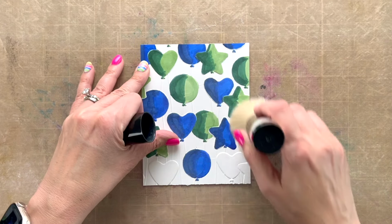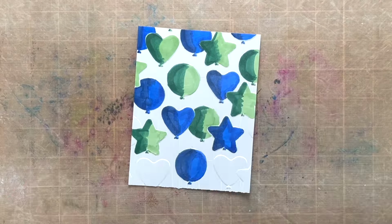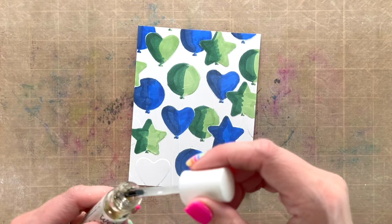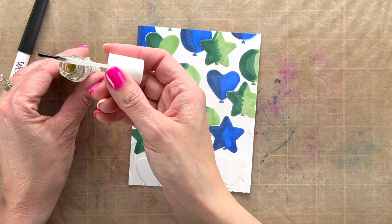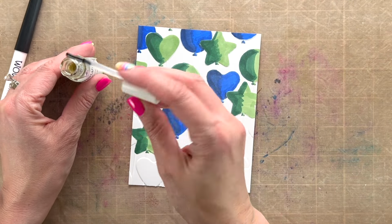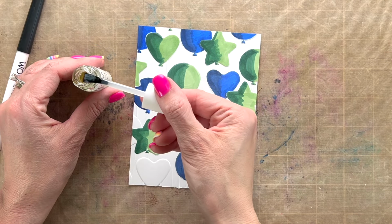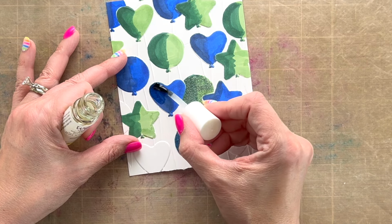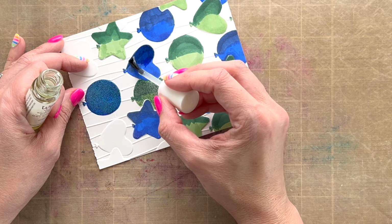Now I'm using anti-static powder because here's where we get into embossing. So you may wonder how we're going to get embossing on all of this. You could rub your ink pad over the raised area, but I wanted a thicker coat, and so I'm going to use this mixed media brush from Wow, and it's basically the ink that's in their inking pads, but it has a little brush. So I'm going to use this like a paintbrush, and I'm going to cover up the images and then